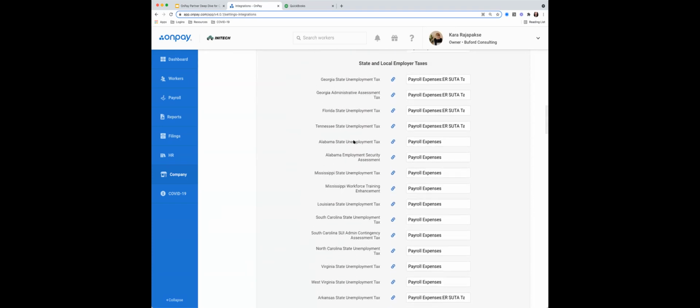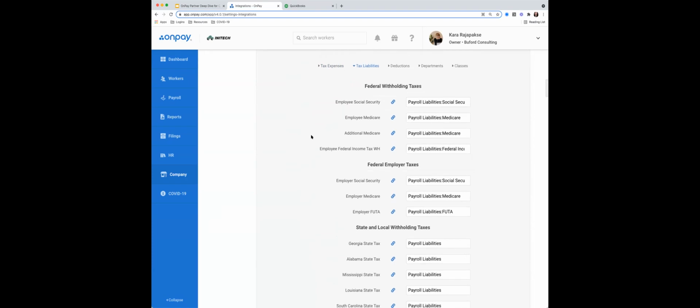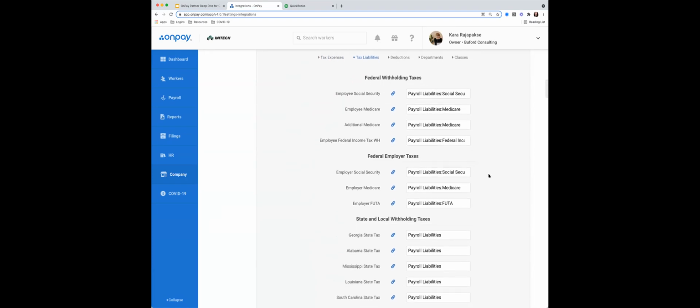So Kara, if you'll scroll up for me, what we're going to go to is the next section, which we call tax liabilities. So this is one place where OnPay is a little different than most providers. Most providers who pay your taxes for you, like OnPay, don't actually send your liabilities to your GL. So oftentimes I get questions, why do you guys do it? Why do you send over the liabilities? Well, we do like to show a fully balanced transaction, and truly the liabilities were incurred, right? We do show that they were incurred, and that's how we do that here.